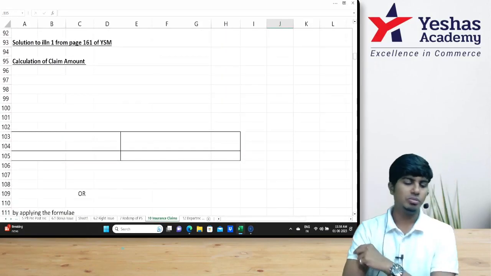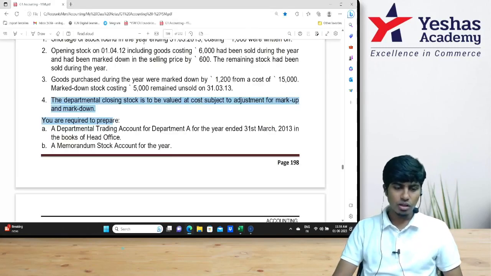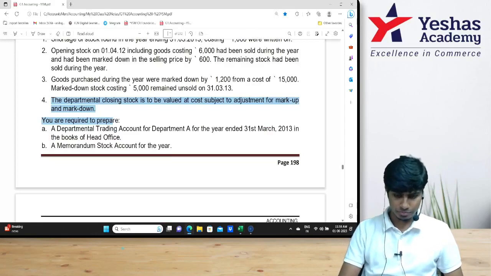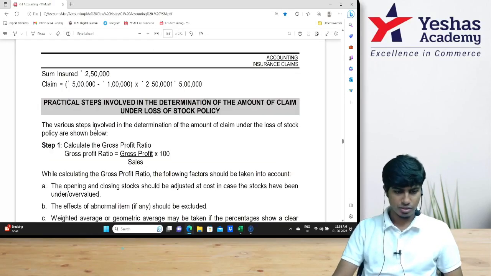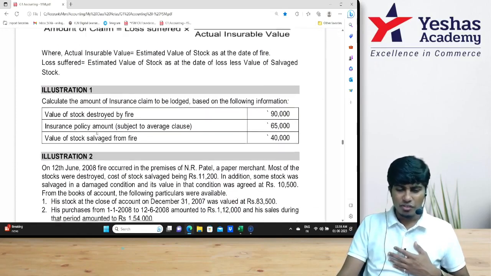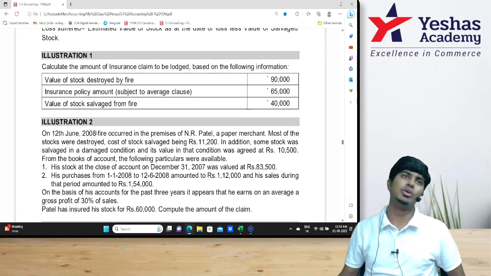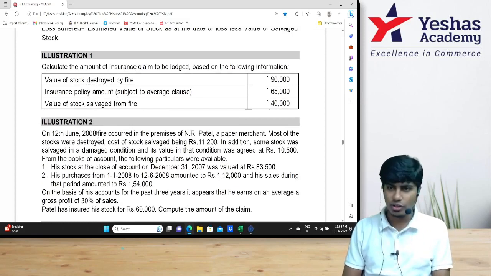Okay, come on. Illustration number 1, page 161. We should do at least 4-5 questions. Satisfaction we want to know at the end of the day. Today we did 5 questions. When you people go home, won't your mom ask how many questions did you do today? You tell 2. Mom like only 2. What is this? What does the cell do?